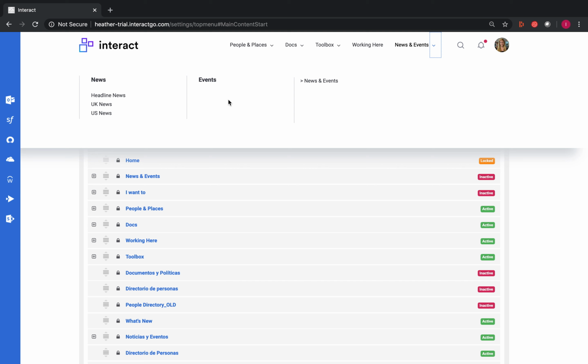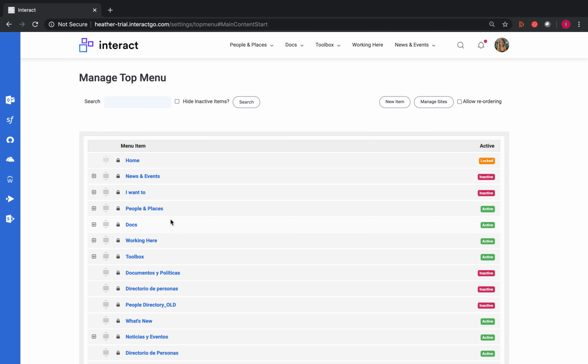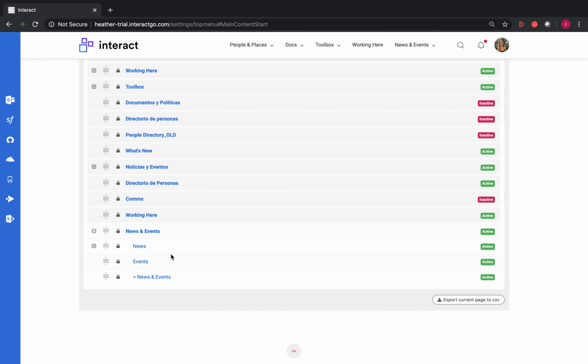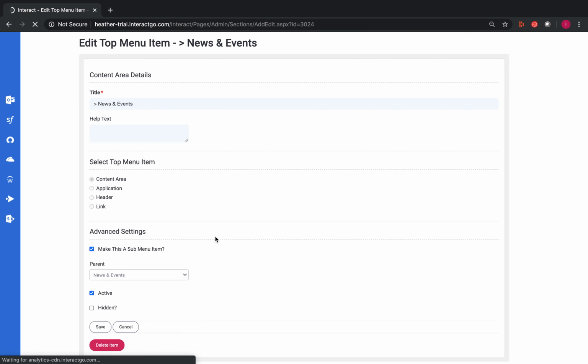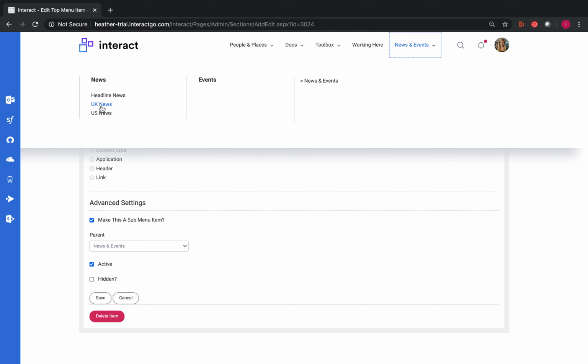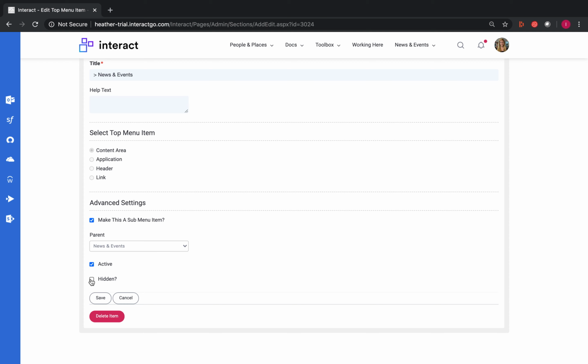Now the final thing with your mega menu, okay, is you need to hide the content area, okay? So you scroll back down to find it on your top menu. So always host it under the correct top menu item just so you can find it. Click into news and events with the arrow. And once in there, okay, you're not making it inactive, or otherwise these links up here won't go anywhere because the content will be inactive, okay? You're simply making it hidden, okay? Select save,